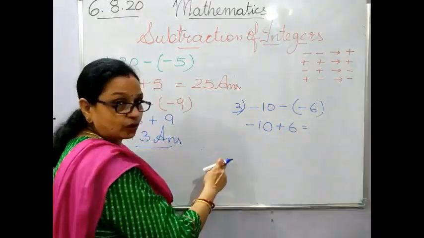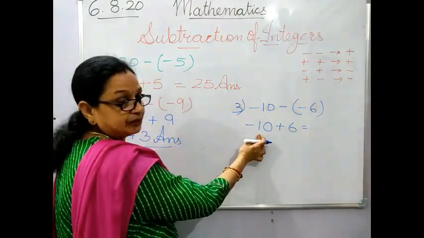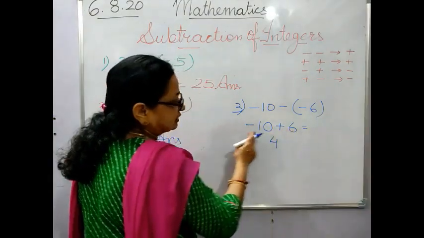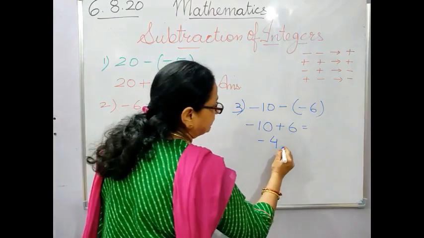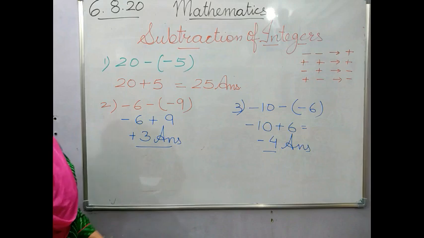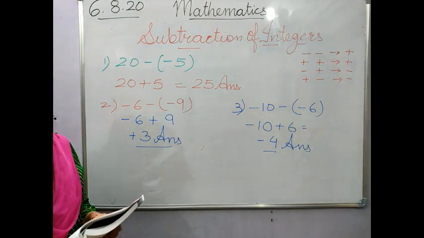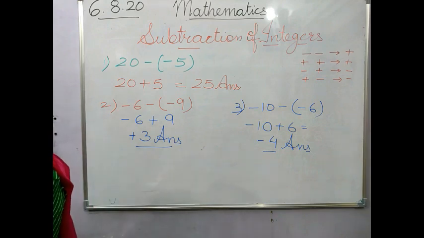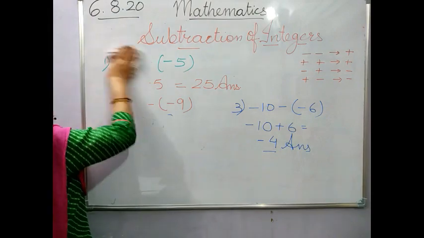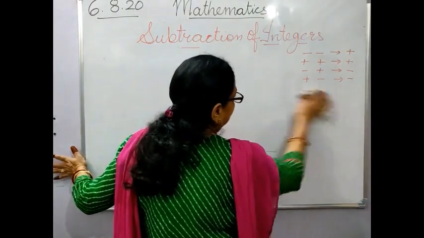So we'll put the sign of plus and we will add. Now both the signs are opposite, both the signs are different, so we will subtract the smaller number from the bigger number. 10 minus 6 is 4. What is the sign of the bigger number? It is minus, so your answer is minus 4. Have a look at that. Hope this is clear. Now I'll show you the method which is shown in the book. Any one method which you find easier, you can follow that.